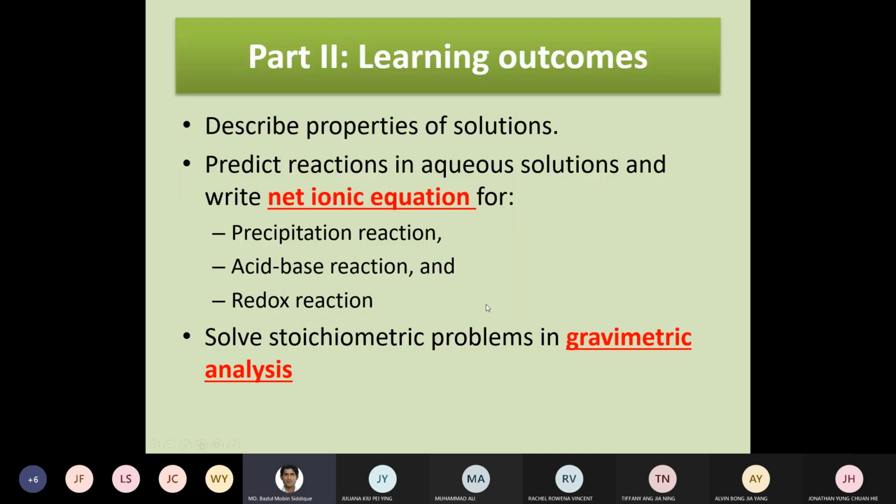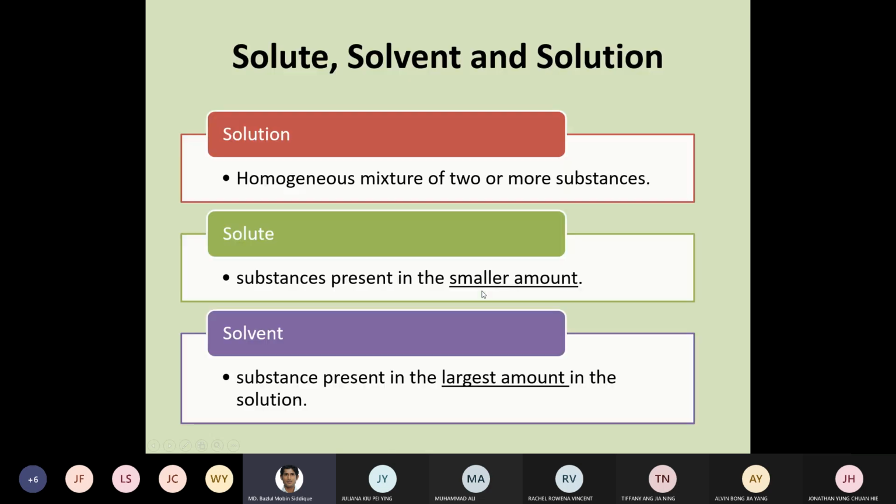The gravimetric analysis is a quantitative method. We will talk about it later on. But before that, let me go very quickly, I am sure that most of you are aware of it, but just to refresh: solute, solvent, and solution, these three terms we frequently use in our